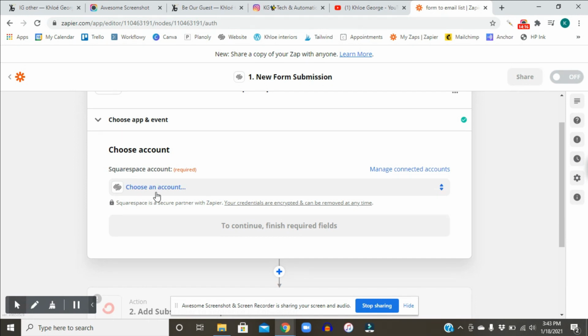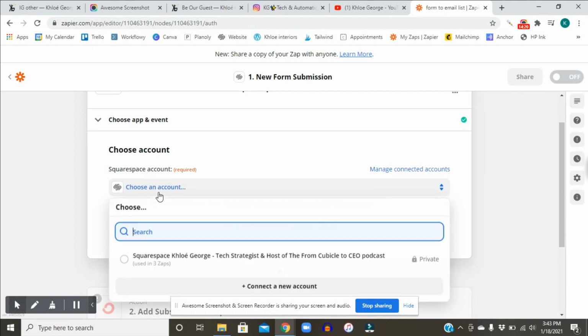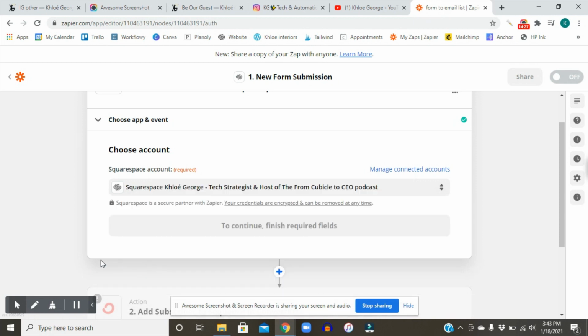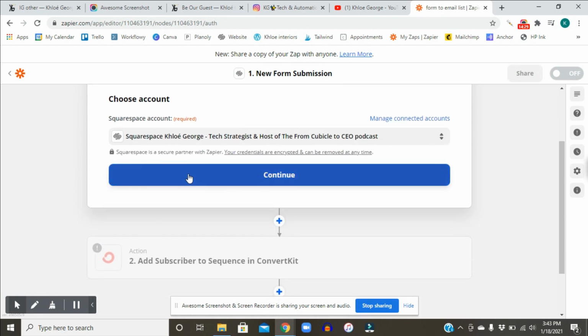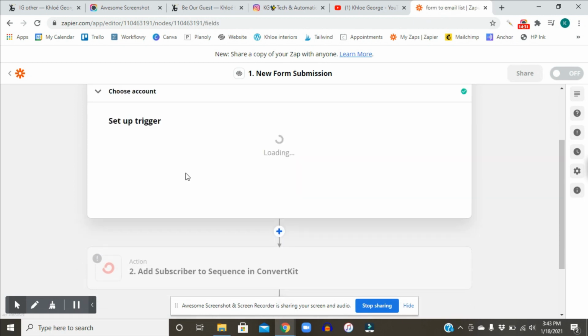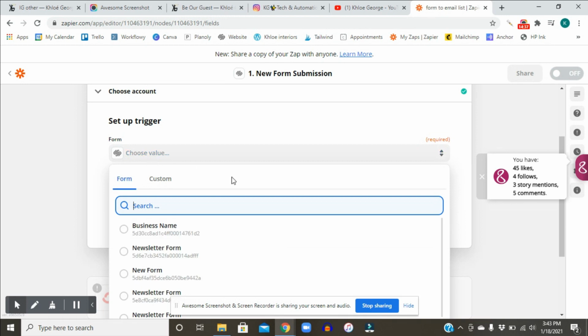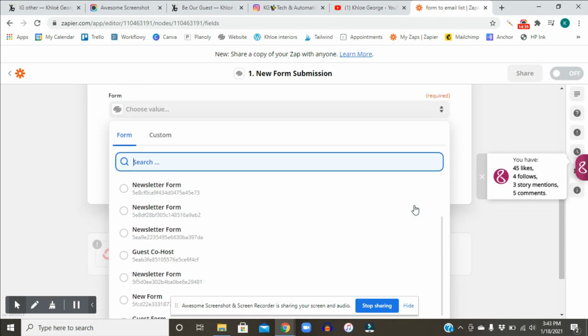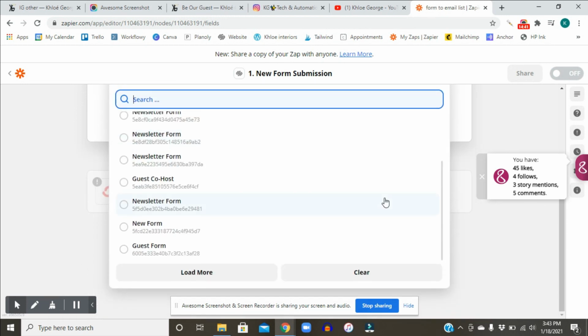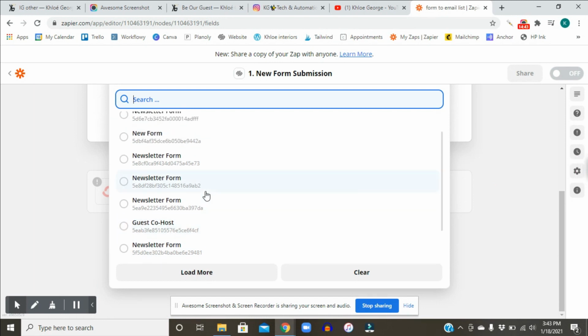So we're going to choose the account. This is going to say Squarespace account required. And then we're going to hit, this is my website. I've already linked it in Zapier, but this is my account, and you just hit continue. When you hit continue, you're going to choose the value, which is pretty much choose the form. I have quite a few different forms located in my website, but for this instance, let's just say I